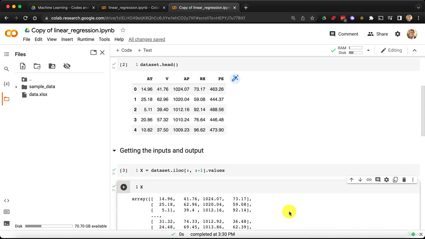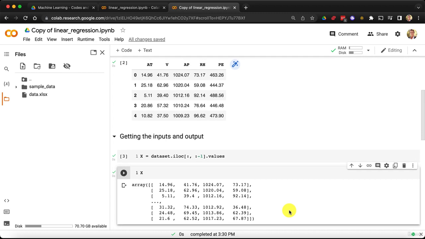And as we said, indeed, it contains the first 4 columns of your data set, meaning the input, or remember the independent variables, right? These are the same values, and all the rows, right? These are the 3 last rows of our data set, which we can't see here because it displays the 5 first rows. And very important, this is an array, and that's exactly the format that is expected then, not only